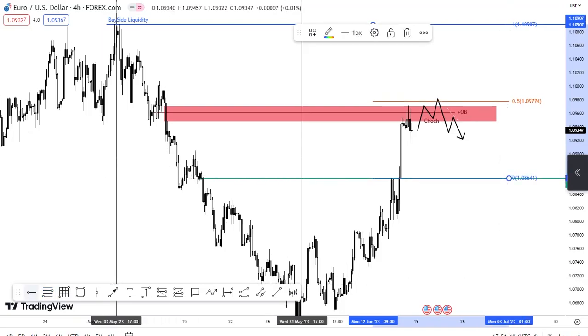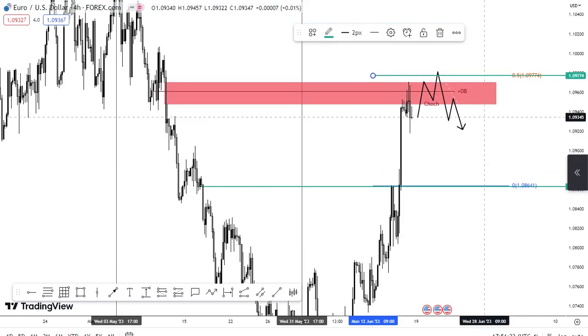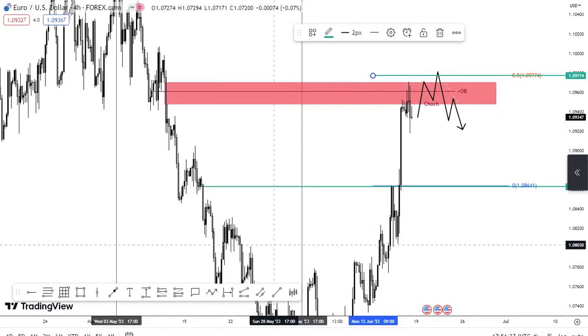But as you can see right now, within a premium range, you have a premium and a discount. The highest probability buys are going to be within this area right here, and the highest probability shorts are going to be within this zone right here, which is the premium within a premium. This is a discount within a premium, if that makes any sense. So if I was to execute any shorts within this zone, I'd potentially anticipate or expect price